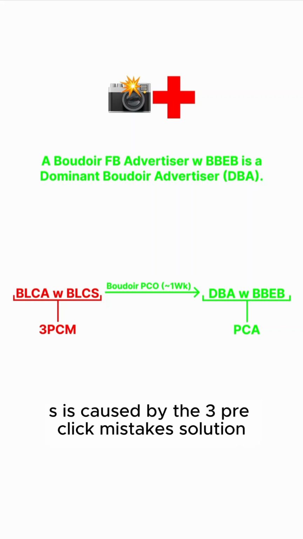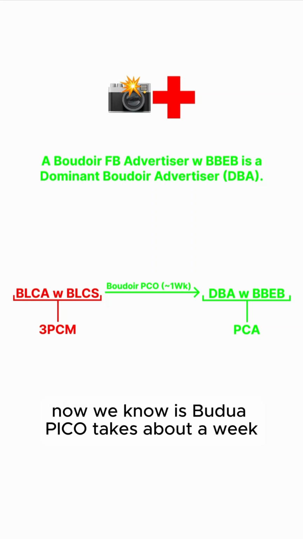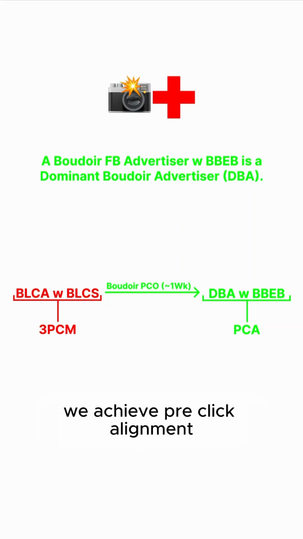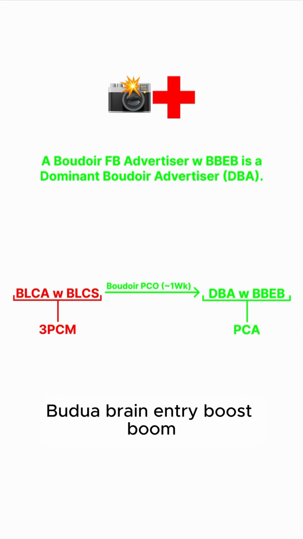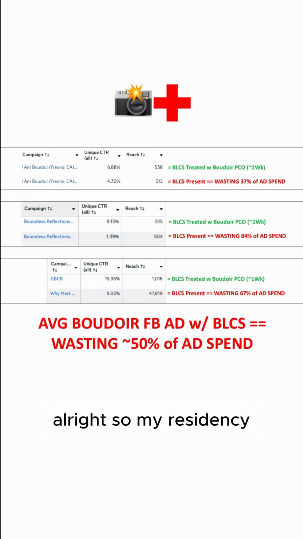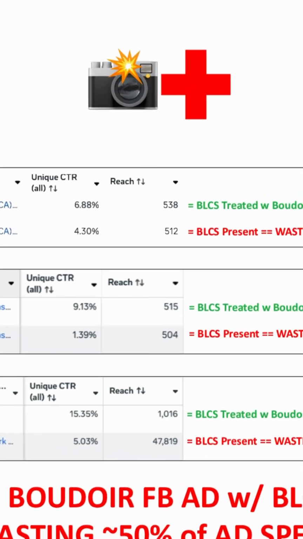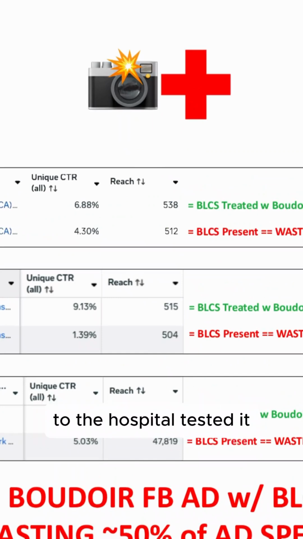So this is our full universe right here. BLCA with BLCS is caused by the 3 pre-click mistakes. The solution, now we know, is Boudoir Pico. It takes about a week. We achieve pre-click alignment. We become a dominant Boudoir advertiser with Boudoir brain entry boost. Boom. All right, so my residency went out there, found one Boudoir Facebook ad, brought it to the hospital,